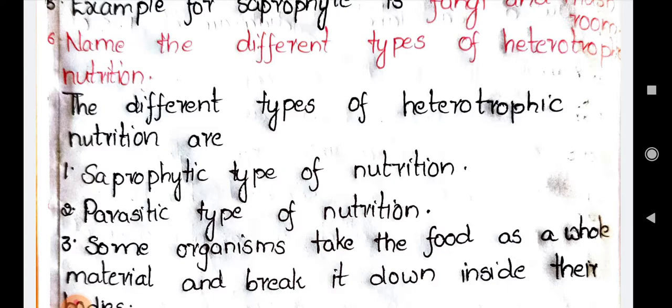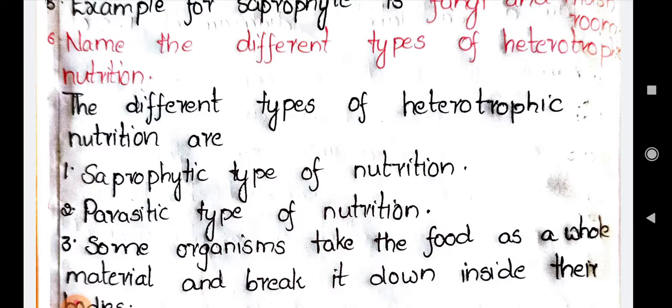Animals or any sort of human beings also, if you take human beings, we are also called heterotrophs. Why are we called heterotrophs? Because we depend upon plants and animals for our food. Even the animals, as they cannot synthesize their own food material, depend upon the plants for their food. Only the plants and some green bacteria like cyanobacteria or blue-green algae can prepare their food material because they have a pigment called chlorophyll. Due to the presence of chlorophyll only they can prepare the food material, and that food material will be transferred to the next level of the food chain.